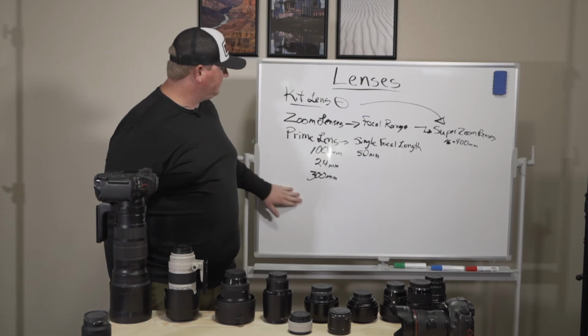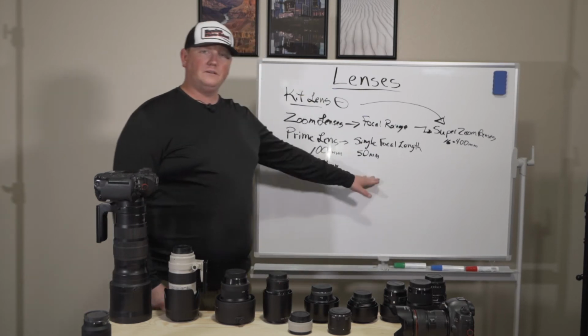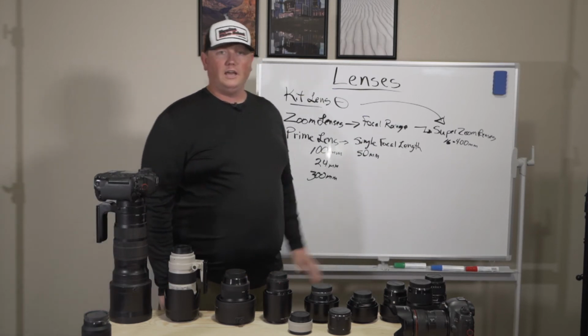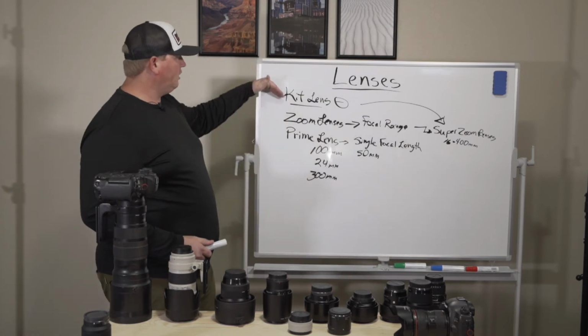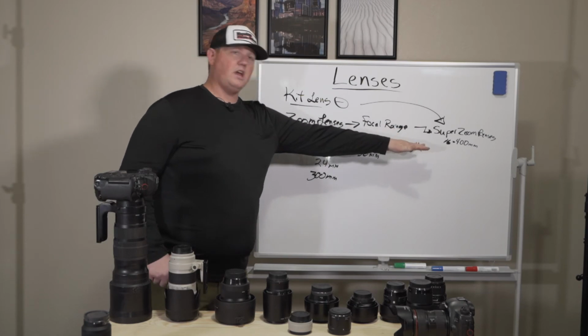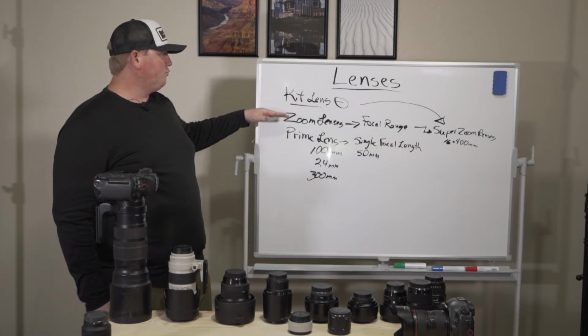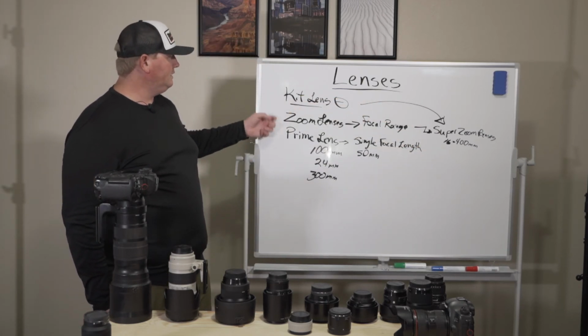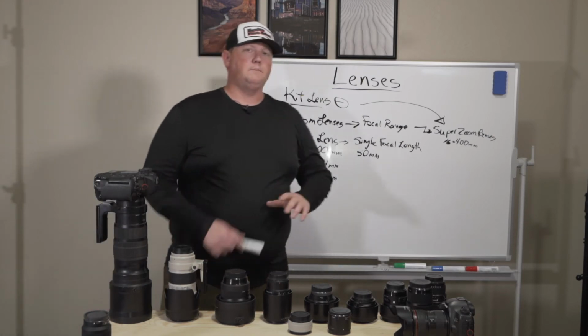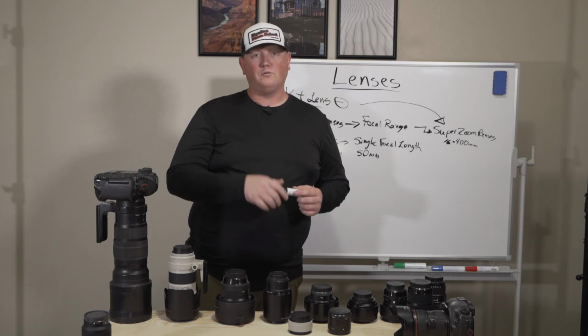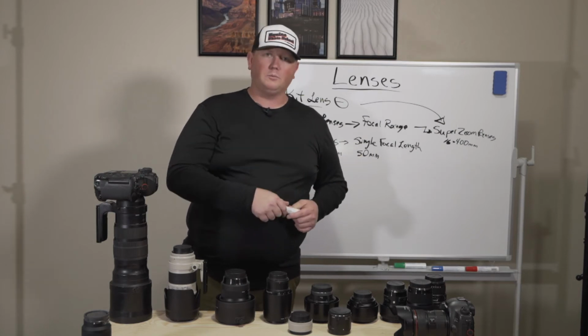When money is not so much of a problem and you need to create a very specific image, go for a prime lens, and they will not let you down. It is glorious, but start here, then maybe go there. And then once you get some more money, start going into these zoom lenses, and then your prime lenses are really, really cool, but you've got to really know what you're buying before you dish out a couple $1,000